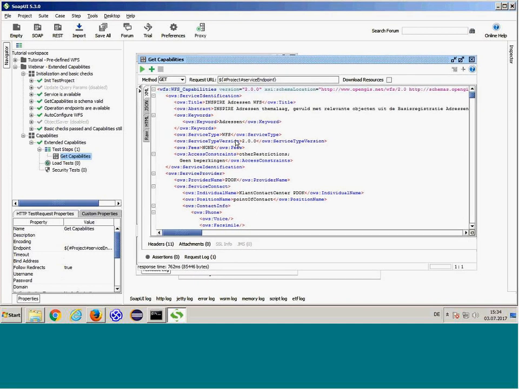We execute the test step, and we get a response from the service.